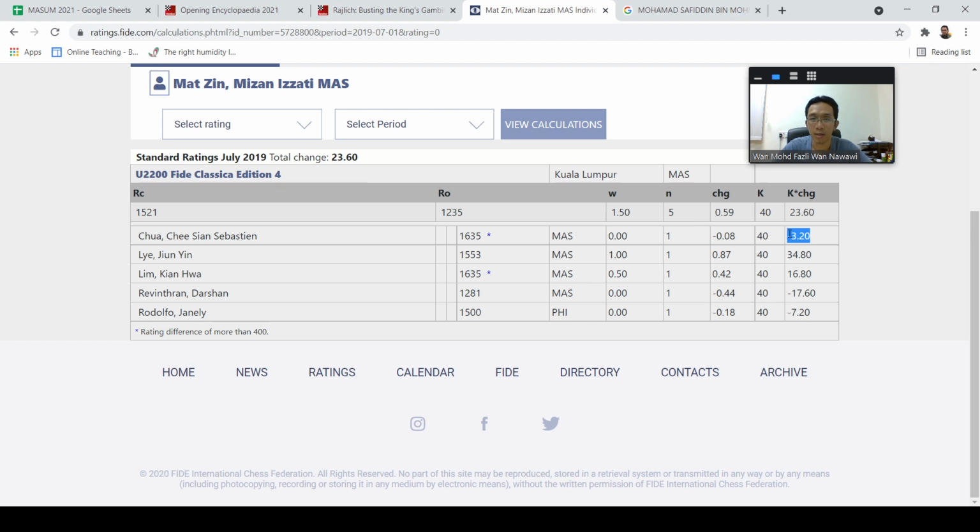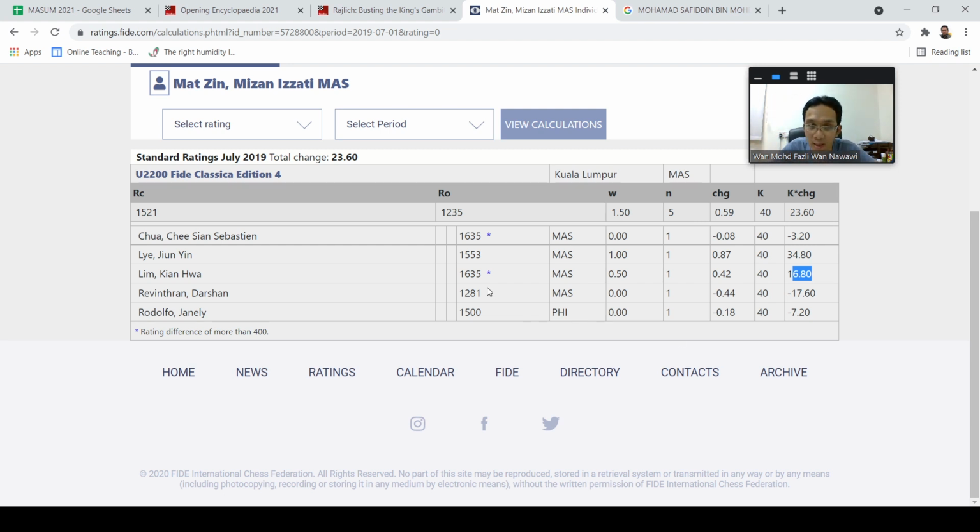So you see here Li Junjun 1553, Mizan is 1-something, this is the opponent's rating. Here the rating for her opponent is higher than hers. So that's why when you win, you get a jump, 34 like that straight away. So this Lin Kim Ha, a lost and a draw, and you see the rating is also high. So that's why there is a lot of rating change, the addition of rating.